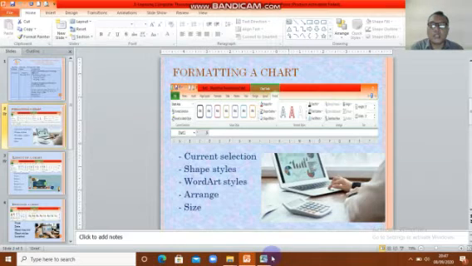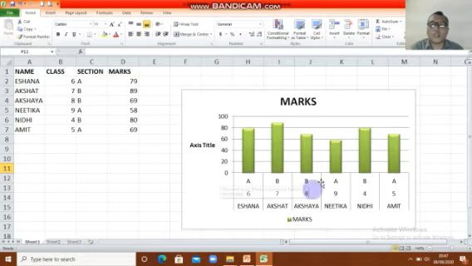You can see here. I want to show you in Microsoft Excel. I have data here: name, class, section, mark. You can read the name and the class and also the section and the mark.